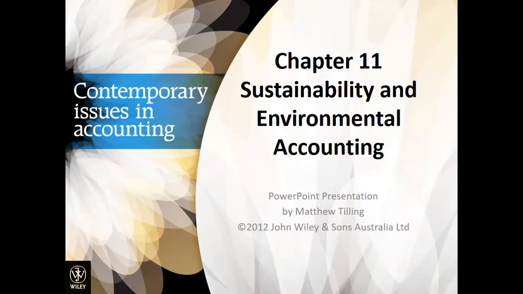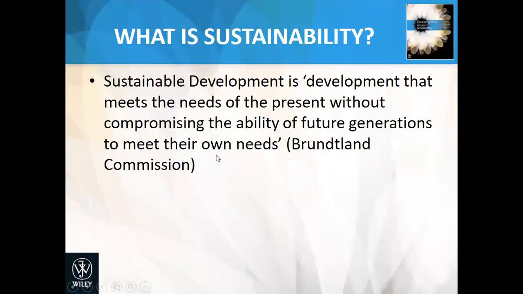And then to continue, our three P's are also based on the acronym. People would be for social, planet for environmental or environment, and profit for economic. So those are the concepts, pillars, and factors of sustainability accounting. Now, as a review, what is sustainability? Sustainability and sustainable development is development that meets the needs of the present without compromising the ability of future generations to meet their own needs.